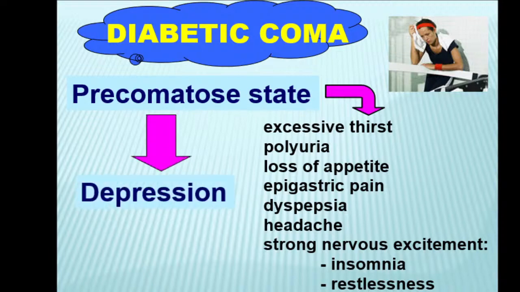If the patient is not attentive to this state, nerve excitation changes to depression, and then the patient gradually loses consciousness. He goes through the whole stage of depressed activity of the central nervous system: stupor, sopor, and coma. And sometimes the patient enters the hospital in a deep comatose stage.